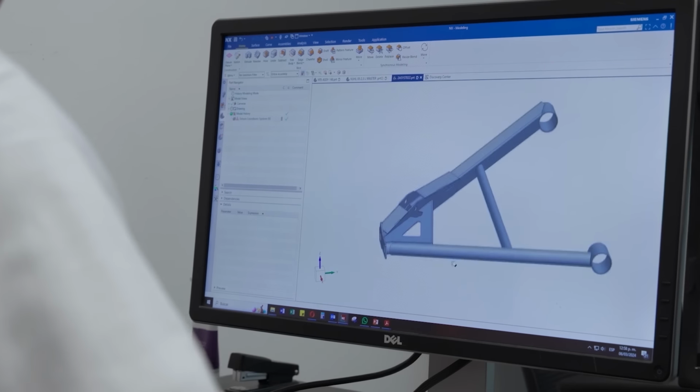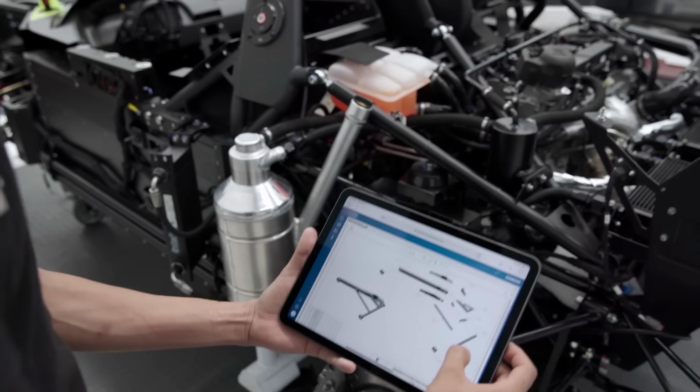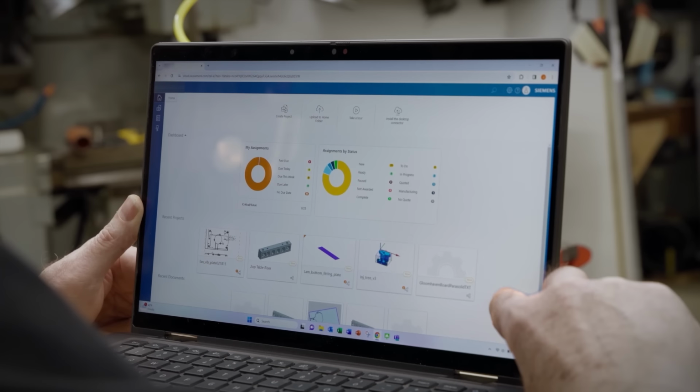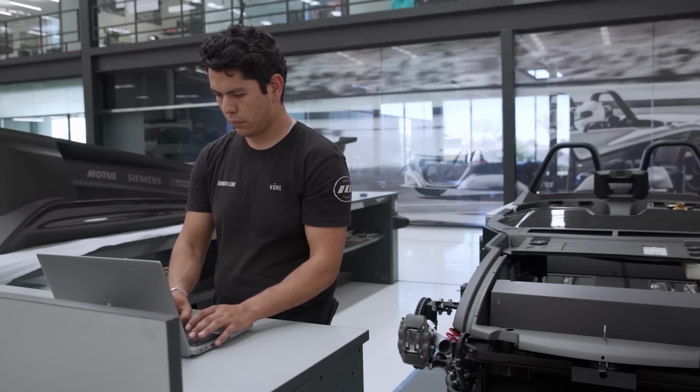Whether you are scaling across teams, enabling remote work, or streamlining collaboration, NXX Essentials makes it easy and affordable to bring more people into the process. Whether you're complementing your existing CAD or a small company starting out and need to stay agile and manage cost, NXX Essentials is a flexible fit.